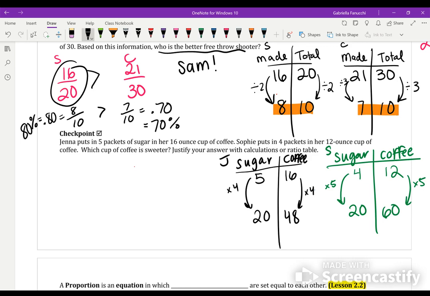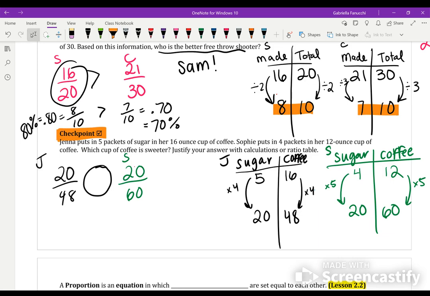I want you to take a minute. I want you to look at this, what you know about fractions and denominators and everything like that. This is what I'm going to check from you guys tomorrow. When you guys show me your notes, I want you to tell me who's it sweeter based off of those fractions right there. I want you to compare them. Okay? Is Jenna's going to be sweeter or is Sophie's going to be sweeter? Now, the numerators are the same, so you know they both have the same packets of sugar in there. But the denominator, okay? So think about what we know about denominators, and the sizes and things like that. I want to check this one tomorrow in class, so I want you to have an answer,